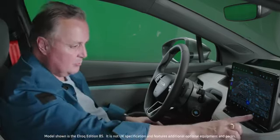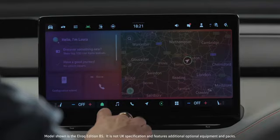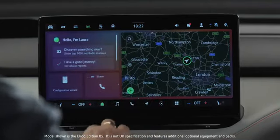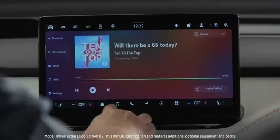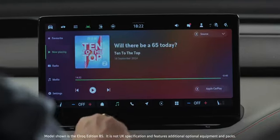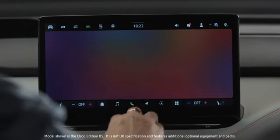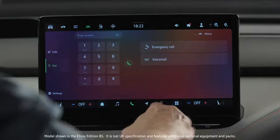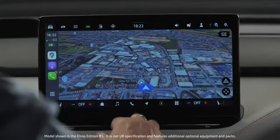Now, there are some simple buttons along here. If I want to go back to the home screen, I press the obvious home button. If I want to go to the entertainment, there's a music button there showing that I've been listening to the 10 to the Top podcast. Thoroughly recommended. If I want to use my phone, it'll bring up a phone system there. There's a little circle with an arrow in it, which means I can go back to Apple CarPlay, or I